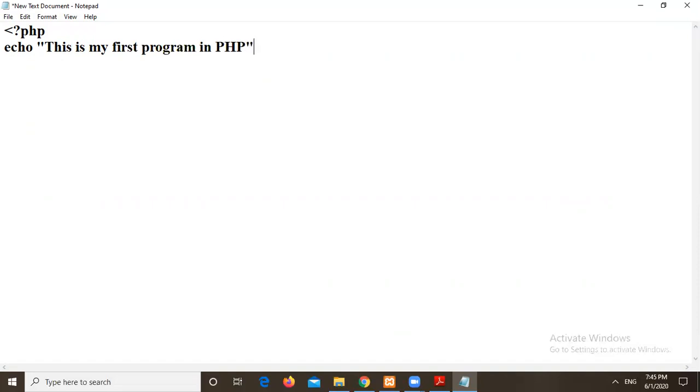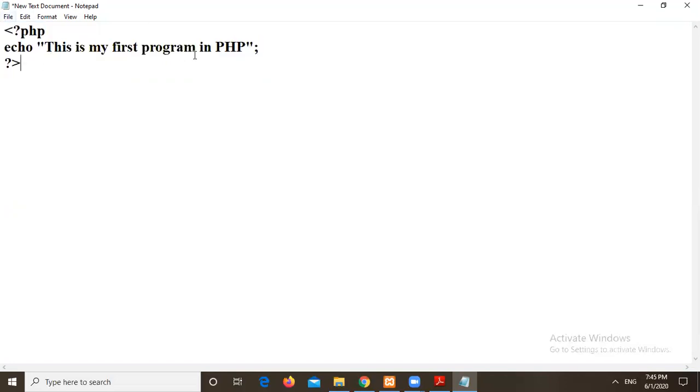Sorry for that, some problem with the keyboard. Okay, right. Here I should close this with question mark greater than symbol. So this is my first PHP example code.